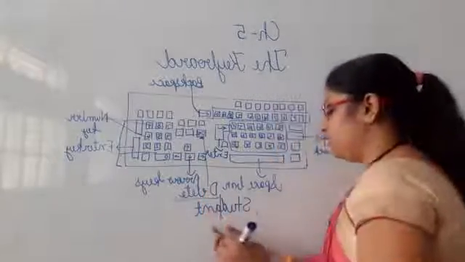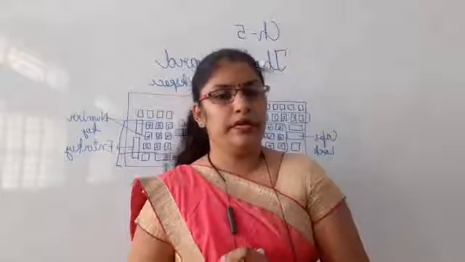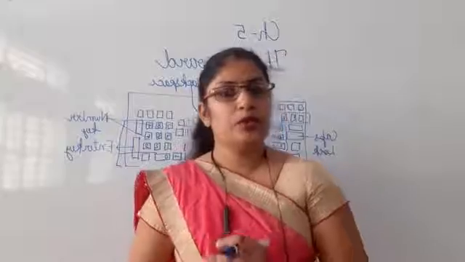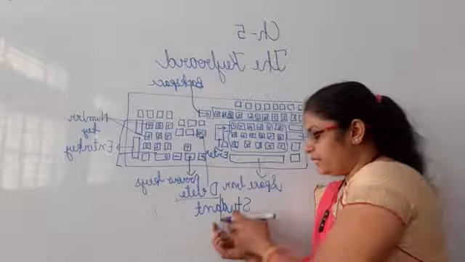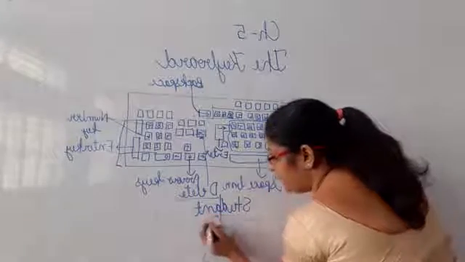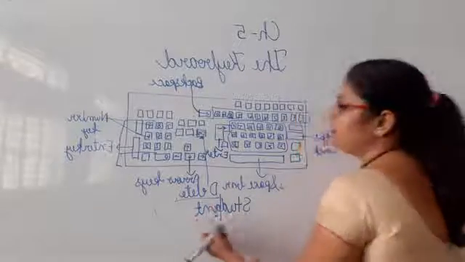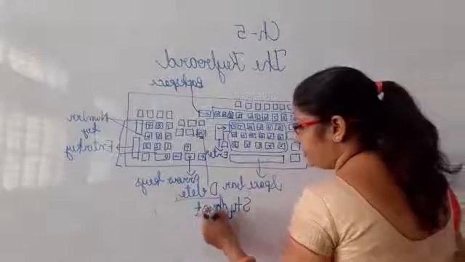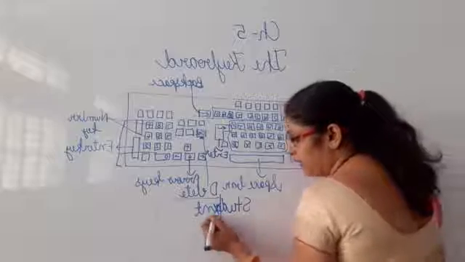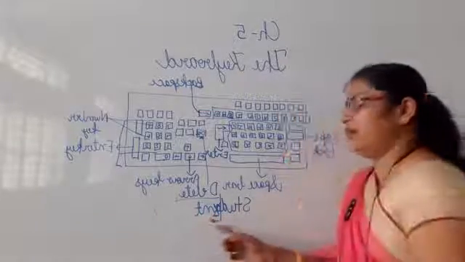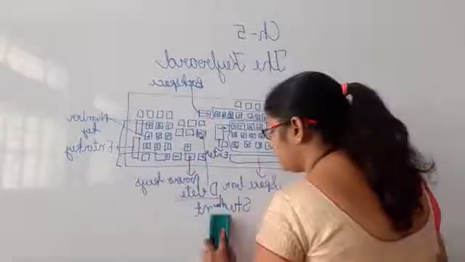What is the cursor? The cursor is the blinking line when we are typing. So we will bring the cursor here, and the A is typed at the right of the cursor. So I will press the delete key, then A will be erased. So if I want to erase the letter that is right of the cursor, then I will press the delete key.